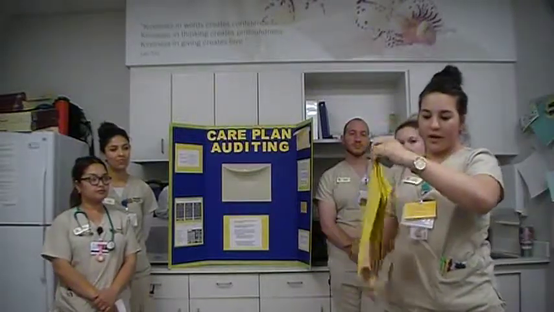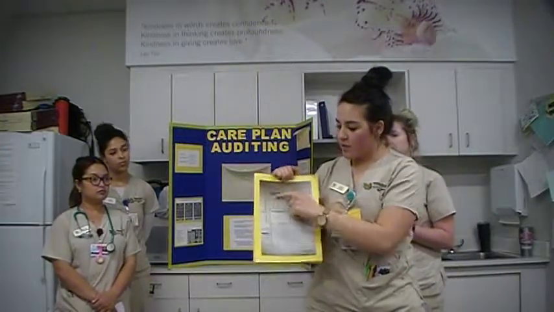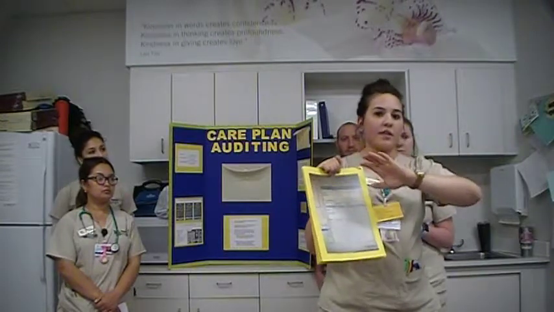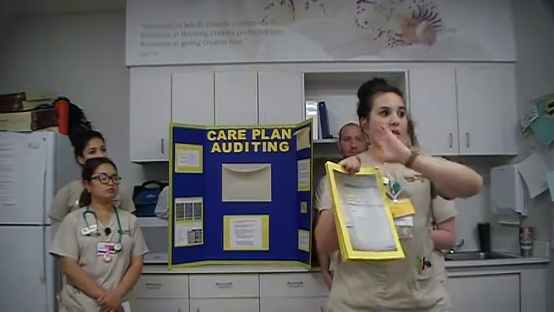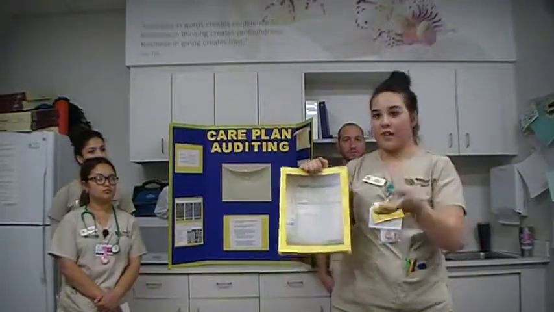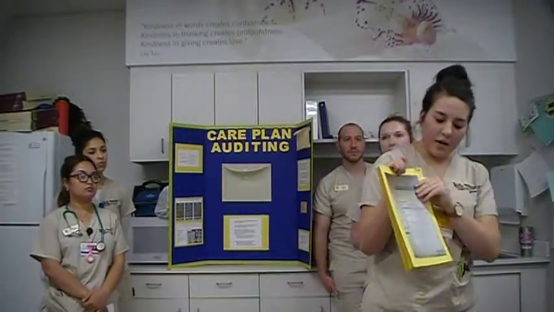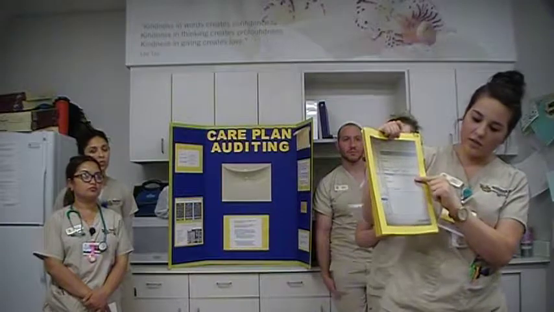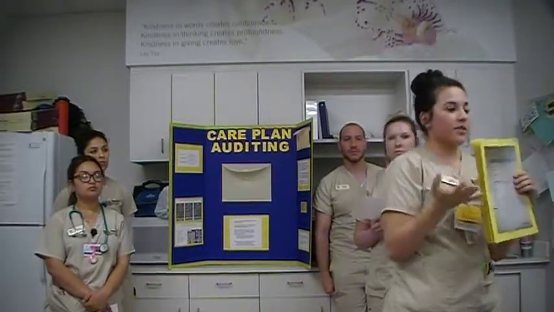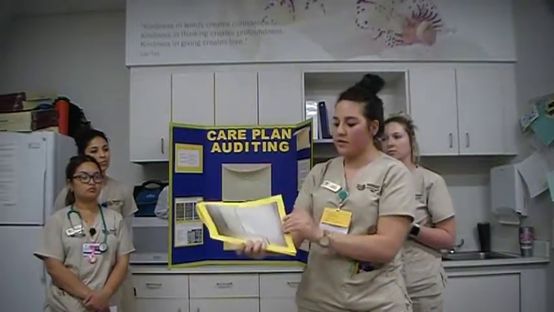And because these are individualized and we want to be consistent with our charting, this is another description. At the top it says free from bradycardia. So if we're looking at all our vitals and we see that they've been bradycardic this entire time, but our care plan says that they've been free of bradycardia, that looks inconsistent, and like which one's true, which one's false on our part. So for this care plan, we can hit not met. Like I said, you can keep it clear for the reason. The patient's heart rate was 50, and then action, maybe the physician was notified. So then we're adding more comments to it and making it more individualized.